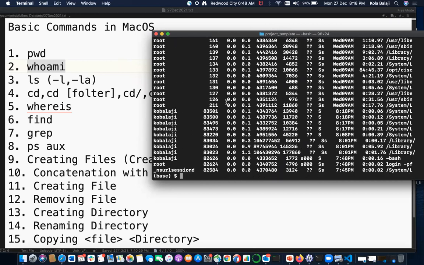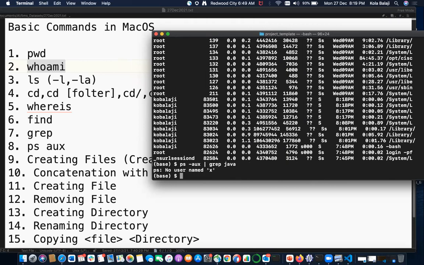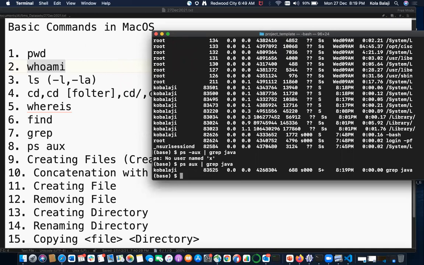And if you want to find a particular process, okay, ps hyphen AUX grep. I want to grep the particular process. Assume like it's a Java process, okay, grep Java.